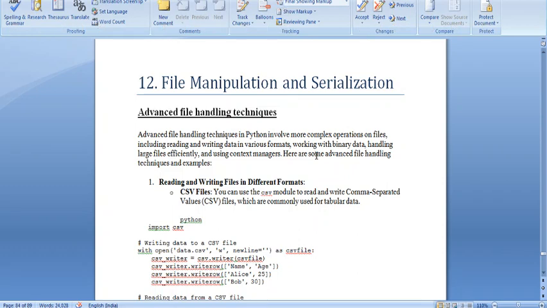Hello, in this video we'll learn about file manipulation and serialization and deserialization. In earlier classes we have seen reading a text file, writing to a text file and appending to a text file. But in this video we will see different formats, like .csv files and .json files, and how to read data